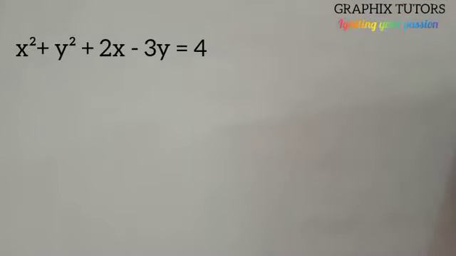Today we want to solve an aspect of calculus termed implicit differentiation, where we are told to differentiate this equation displayed on our screen. It goes like this: find dy/dx of x squared plus y squared plus 2x minus 3y equals 4. Now, if you remember, when we want to differentiate, we say that when we have x